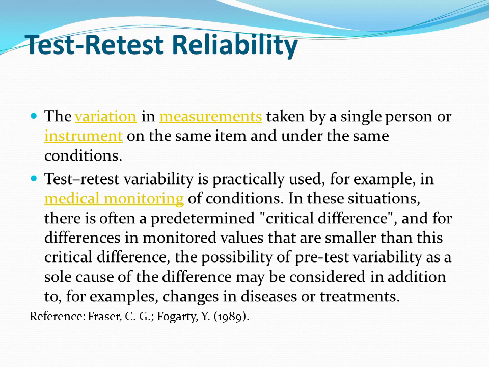The test-retest variability is practically used, for example, in medical monitoring of conditions. In these situations, there is often a predetermined critical difference, and for differences in monitored values that are smaller than this critical difference, the possibility of test-retest variability as a sole cause of the difference may be considered, in addition to, for example, changes in diseases or treatments. So all this says a lot, but all it's saying is that when we're talking about medical monitoring